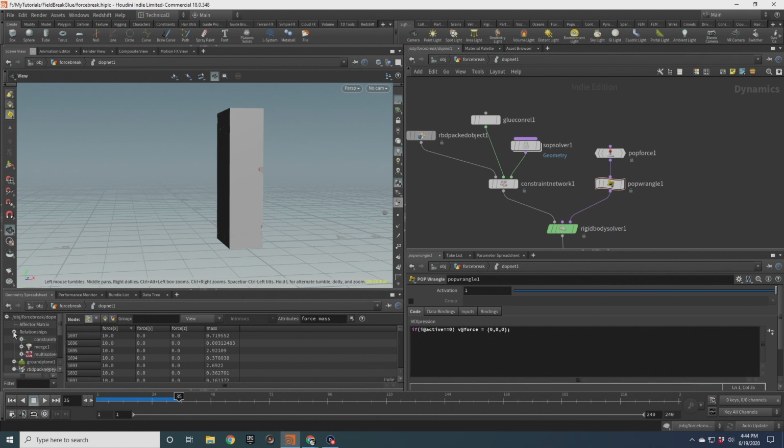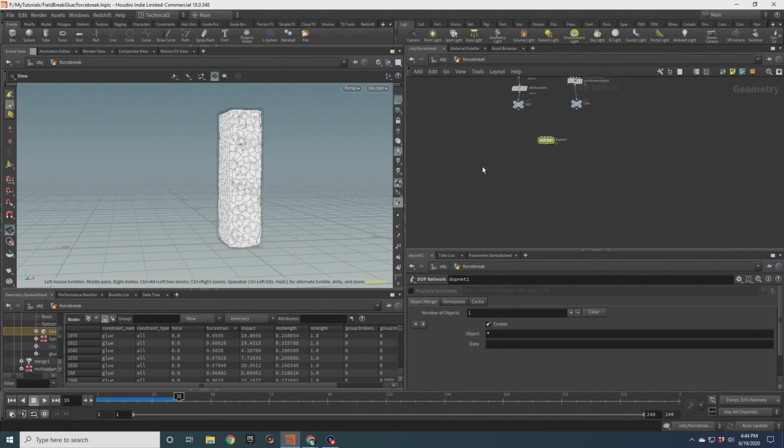Let's take a look at that geometry. Let's just go over to our constraint network. Where are we? Constraint network, our geometry. And get those out of here. There we go. Yeah, so we're getting some strain here. And actually, if we just come out here and look at this more straightforwardly,